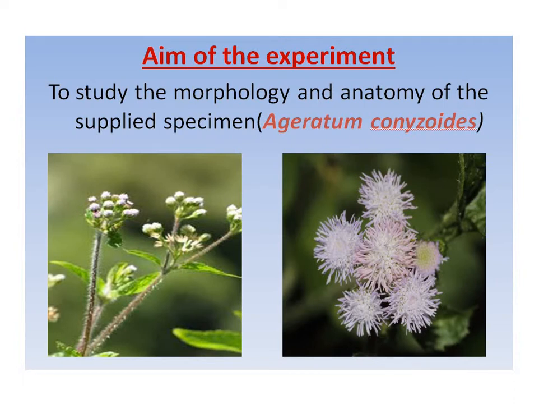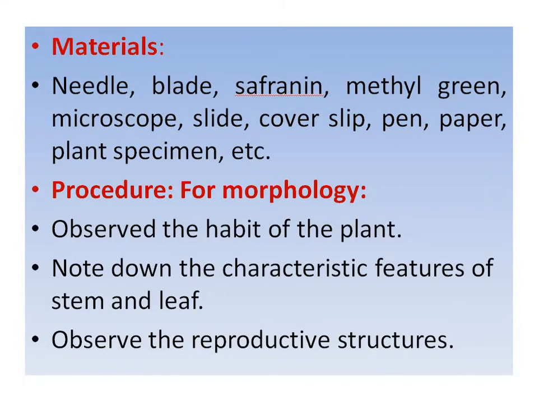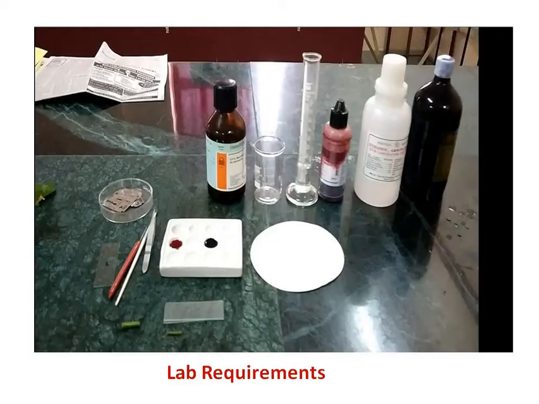the Ageratum conyzoides. To perform this practical in the laboratory, we need different materials such as needle, plate, safranin, methyl green, microscopic slide, microscope, cover slip, pen, paper, plant specimen, etc. We will also have to prepare fresh solutions of 70% and 95% ethanol for the anatomical, that is double